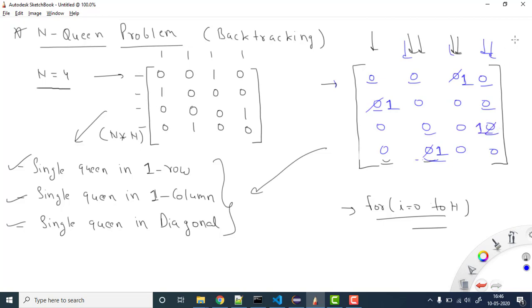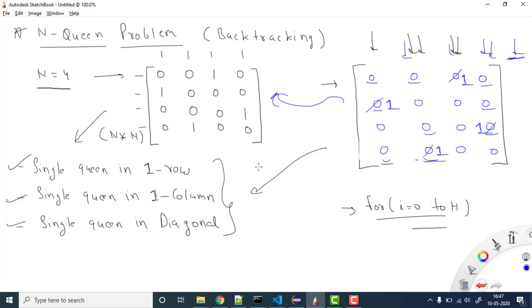Now when I move further, it means my column will be greater than or equal to n, because this is index-wise. So if my column reaches here, this is the terminating condition. It means I have achieved my solution. And if you see here, this matrix is now equal to this solution. Here we have all the queens placed in good places, they are not interfering, and they are meeting all these conditions.